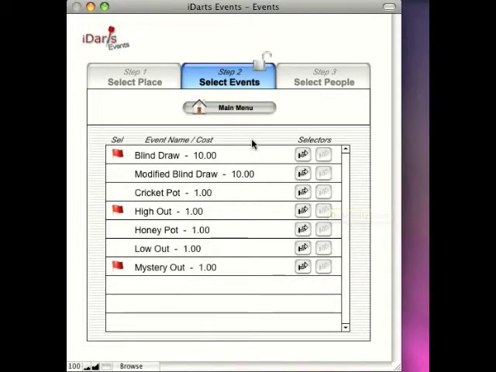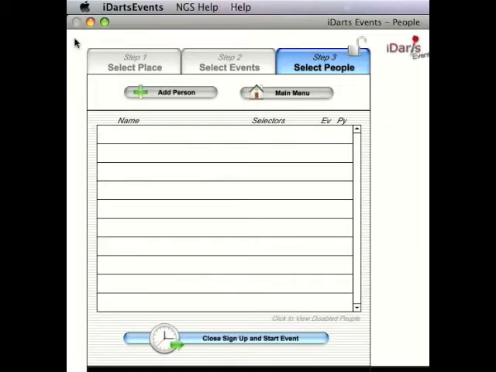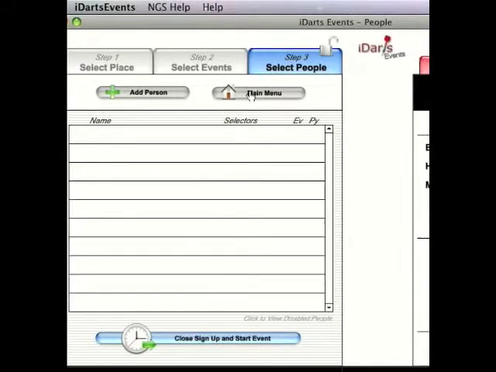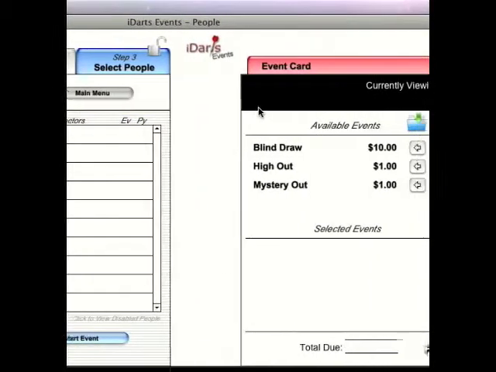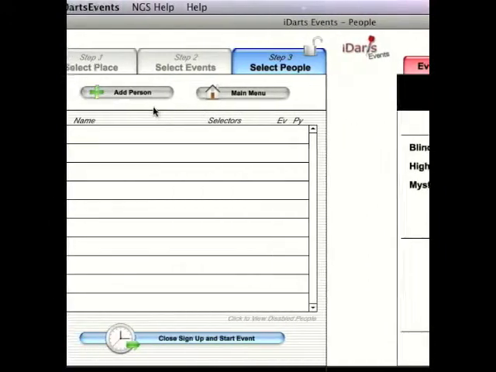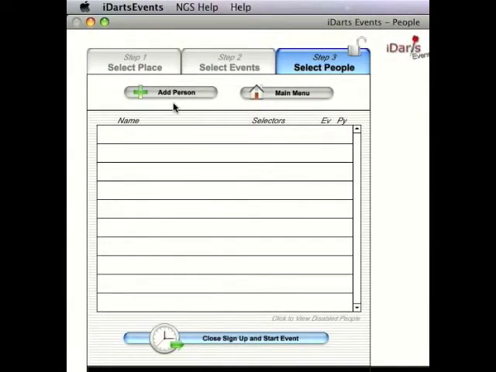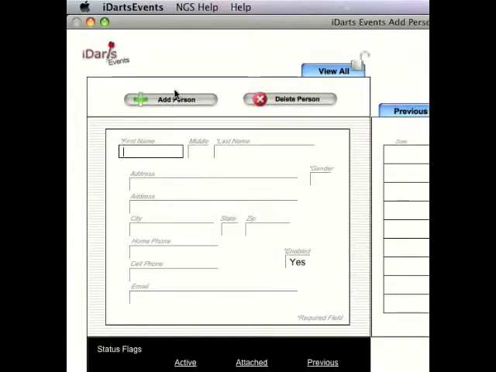And now let's go on to step 3. We have selected step 3, select people, and now you're going to notice that you have an add person, a main menu button, and some other things over here on the right that we'll go over in just a minute. But what you need to do is add a person,